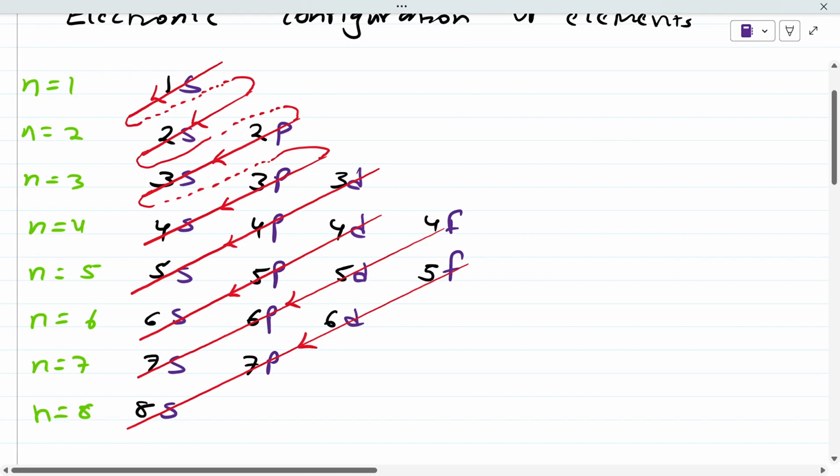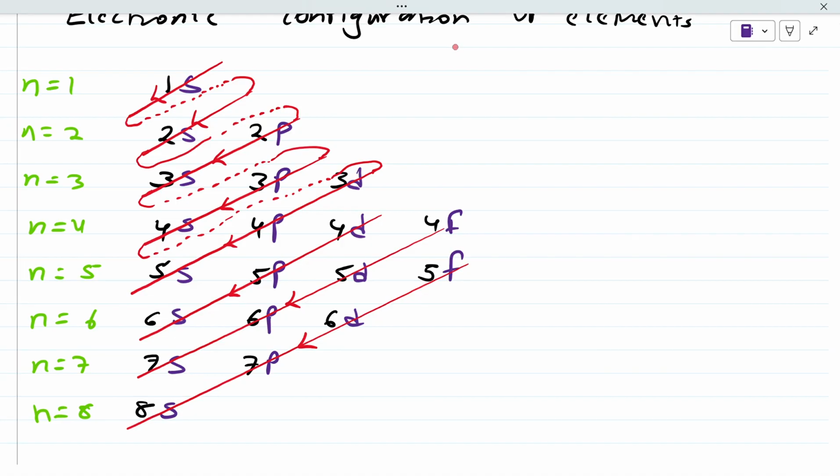Then 3P is filled. Then we move to 4S. Immediately 4S is filled, the electrons move and we fill the 3D. Then we move to 4P. Then 5S. Immediately 5S is filled. The electrons move